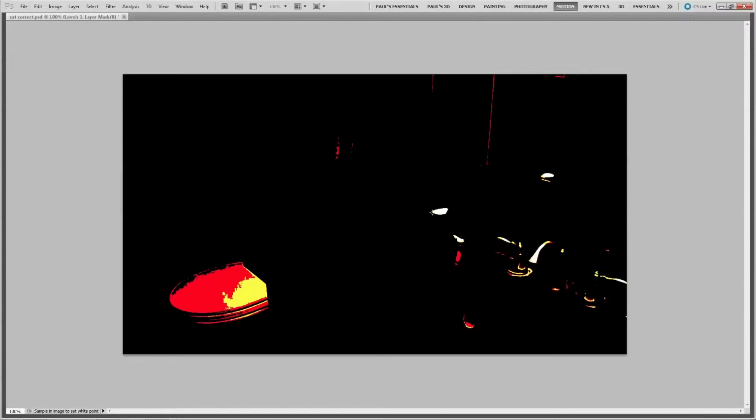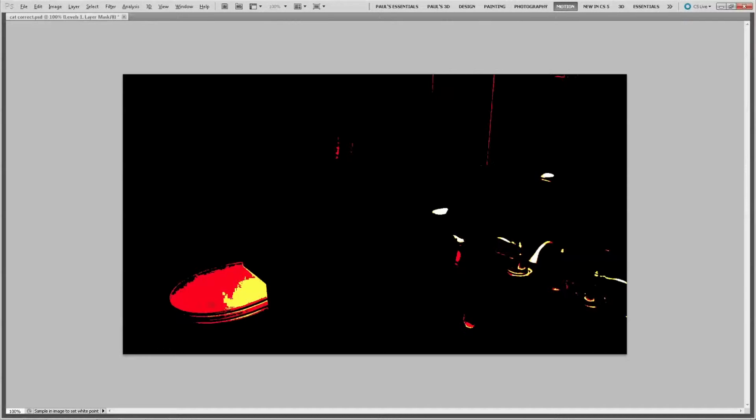Now, there are some areas that look white already, but the problem is they don't contain any useful color details. What we need is an area that best represents the color cast we want to get rid of.